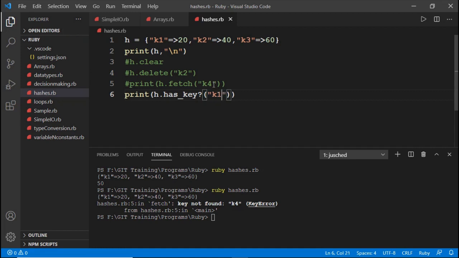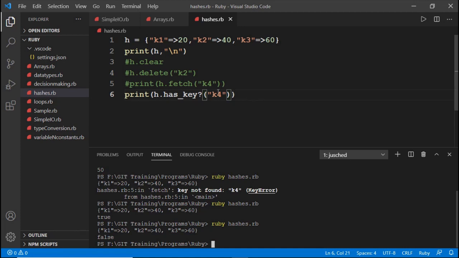If it is found in our hash variable h it returns true, otherwise it returns false. Let us test it. So we got true. Similarly if you search for key k4, now it shows false.